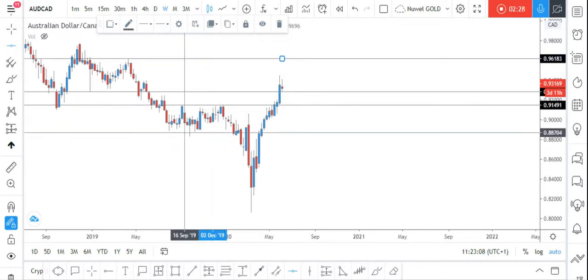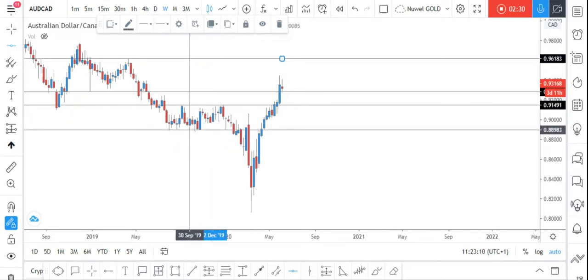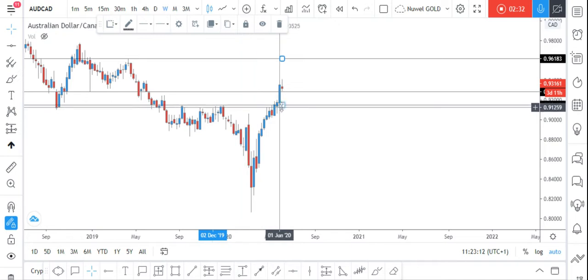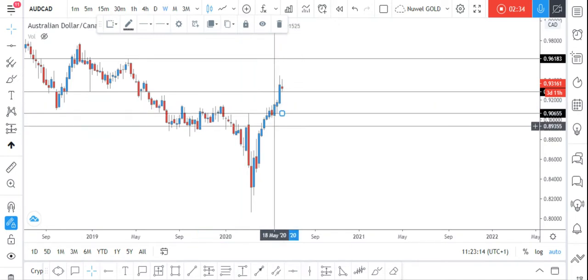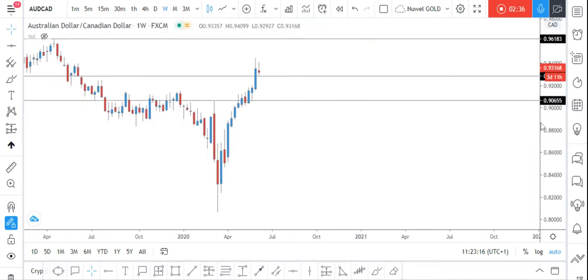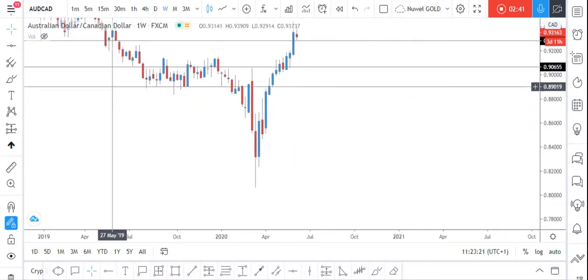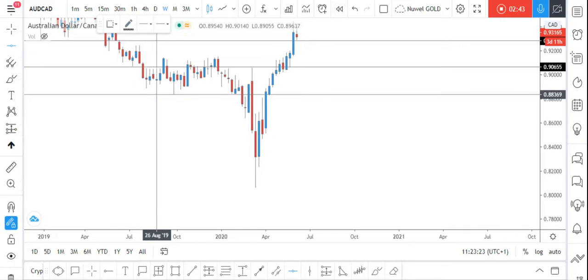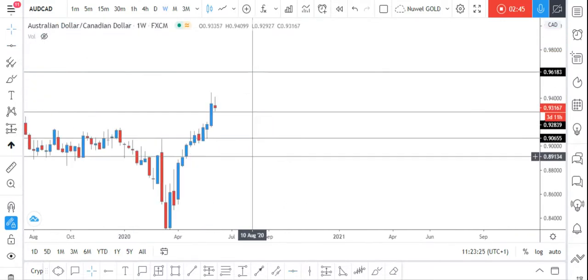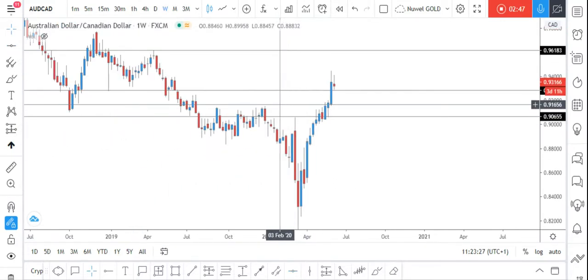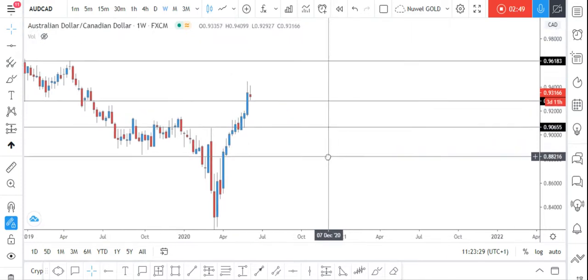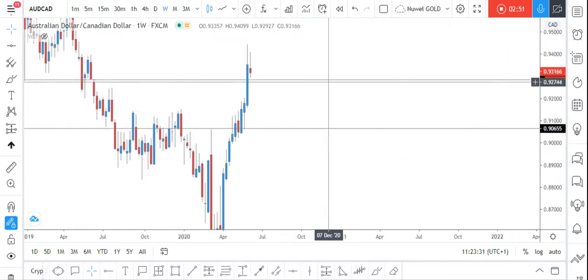All right, I'm just going to cater for current price, then we move on from there. All right, I think I can adjust this one to here. Yeah, that's good. All right, just to cater for current price, and that's enough for now. Right, so current level that we are resting on